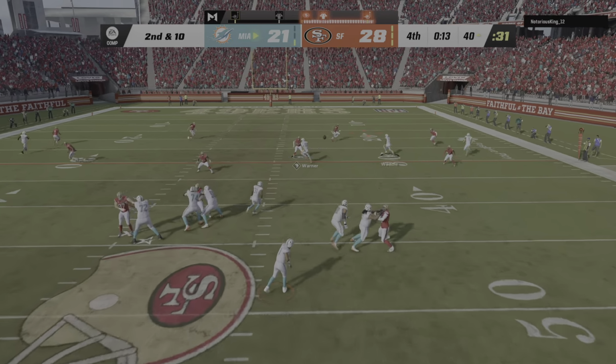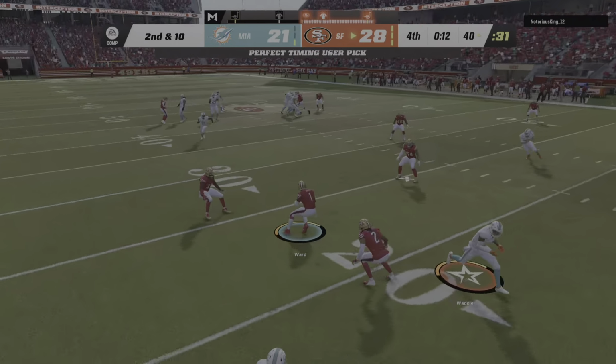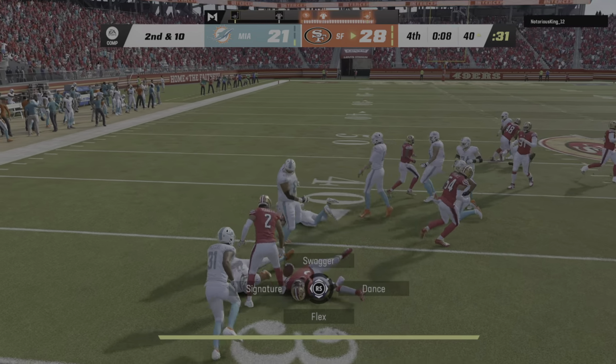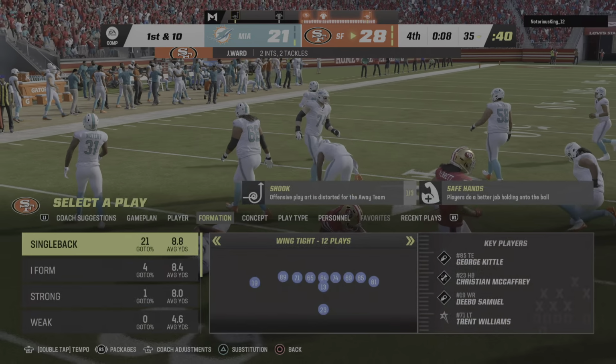Here's Tua. Oh, that's going to be a costly one. It's intercepted. Picked off by the former first-rounder, Jimmie Ward. And the Niners have...